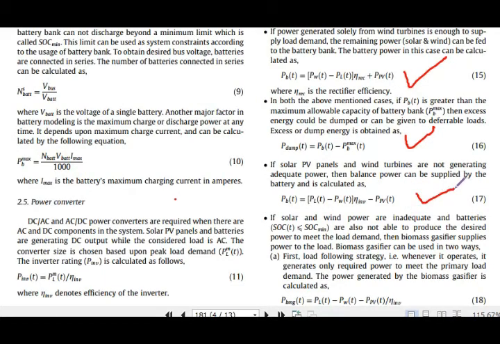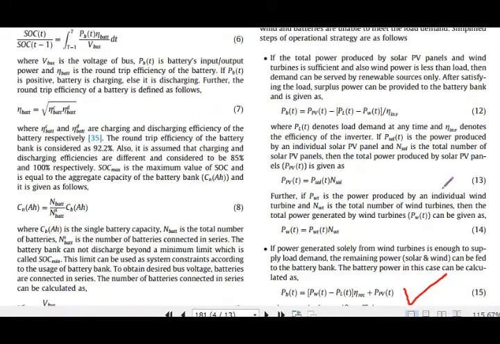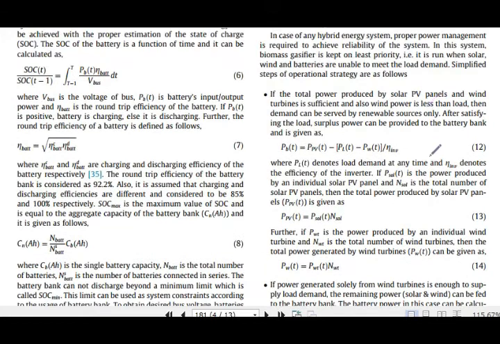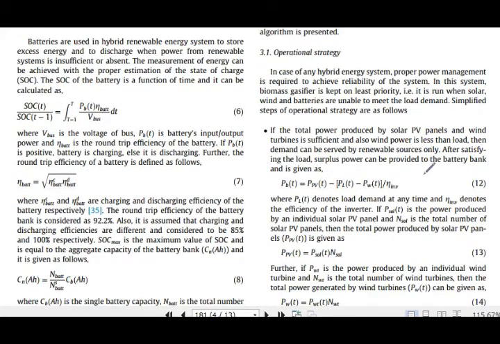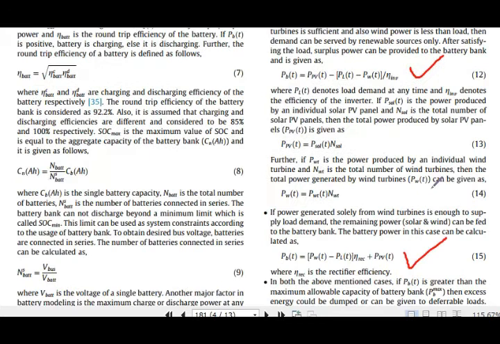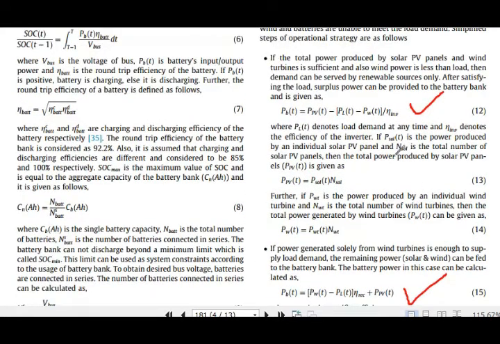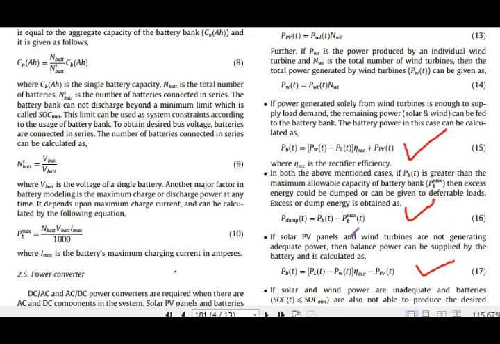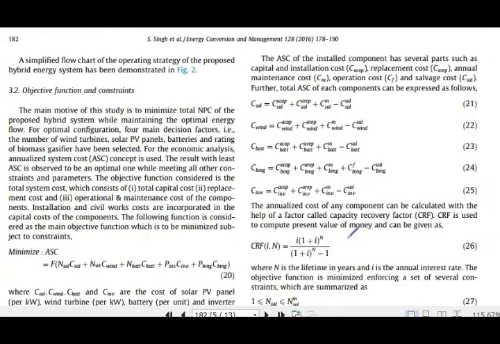the battery charging in all these scenarios: when the wind power is not sufficient to meet the load demand, when both the PVs and the wind turbines are sufficient to meet the load demand. So all these scenarios will be clear to you, so you don't need to worry. You should focus on the main overview. So the next thing is